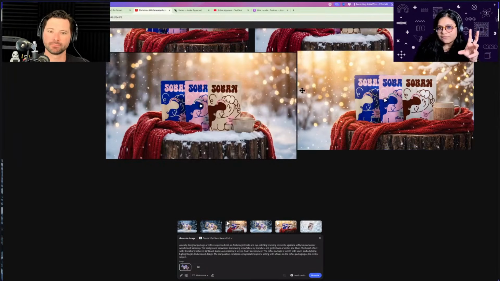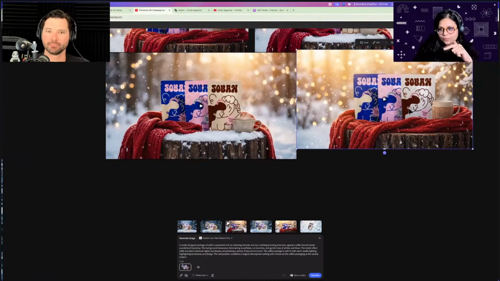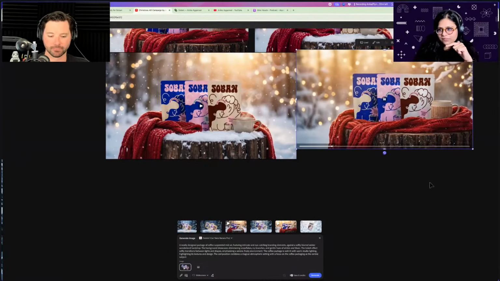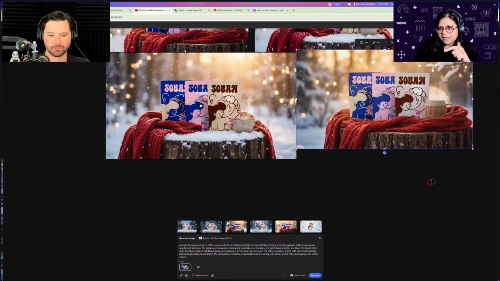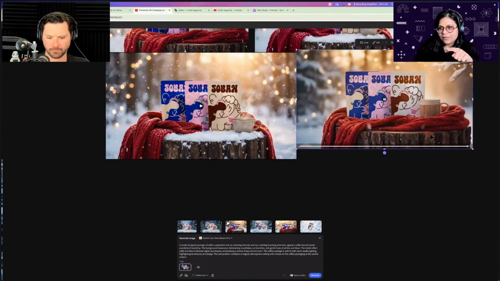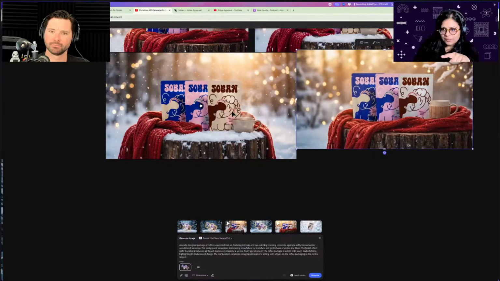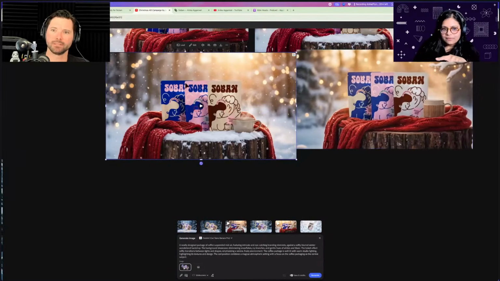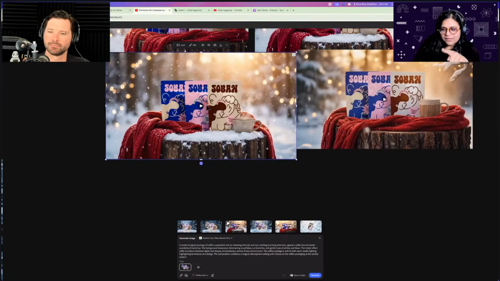So I really like the fact that I can use that in coordination with Firefly video now, which is this one on the right, to really create the scene that I want. So this image was created with Nano Banana Pro and this video was created with Firefly video. So that was the one on the right. The one on the left was created with Nano Banana 3, but the video was